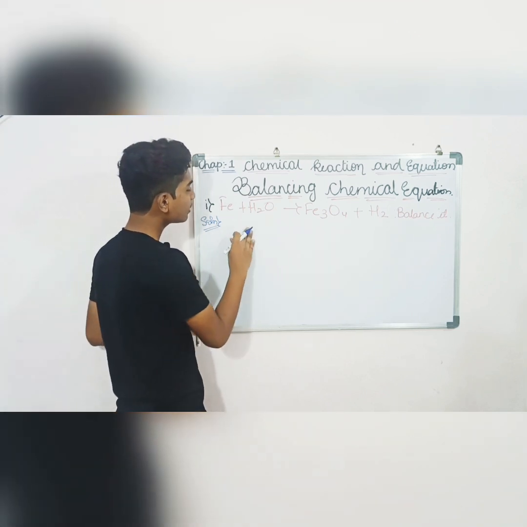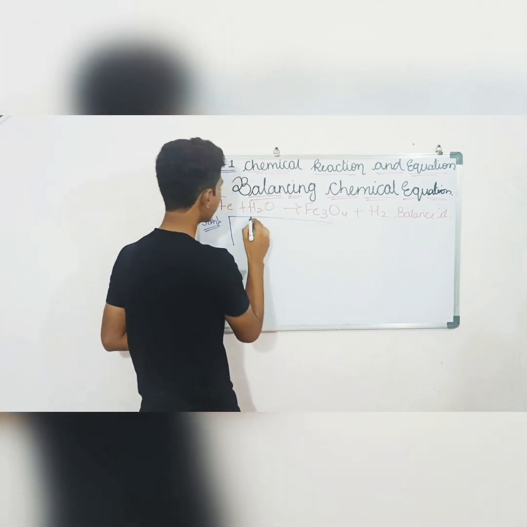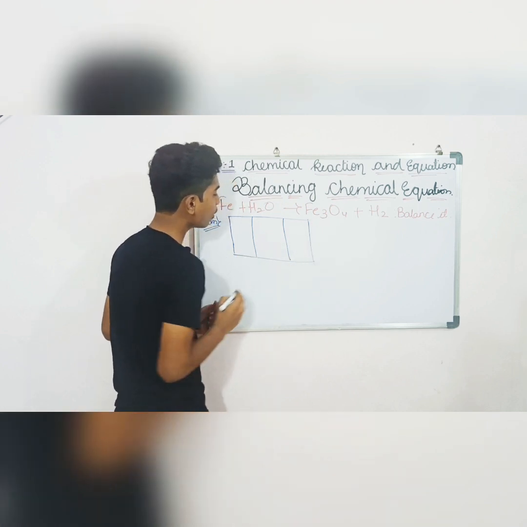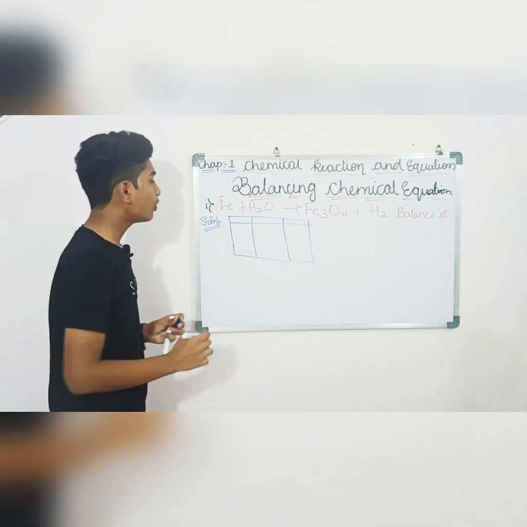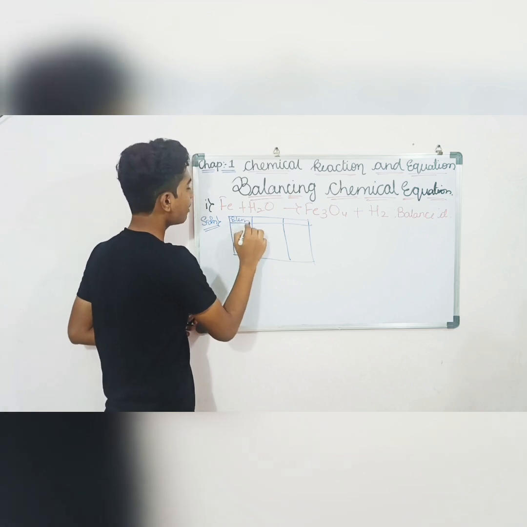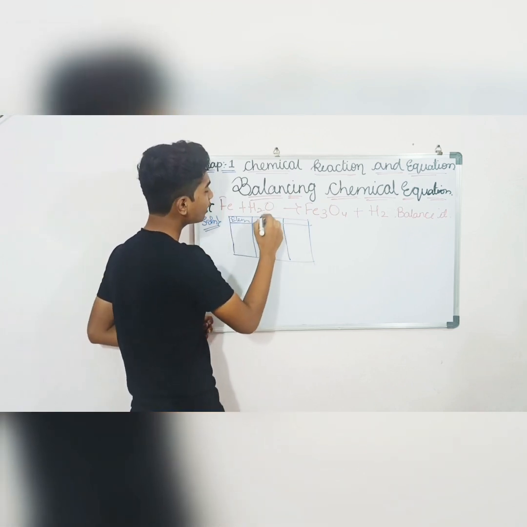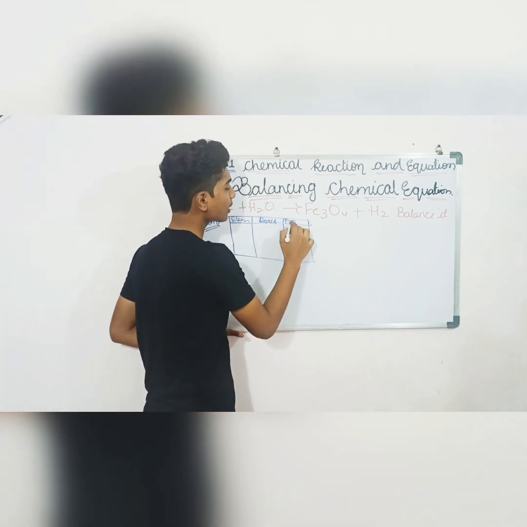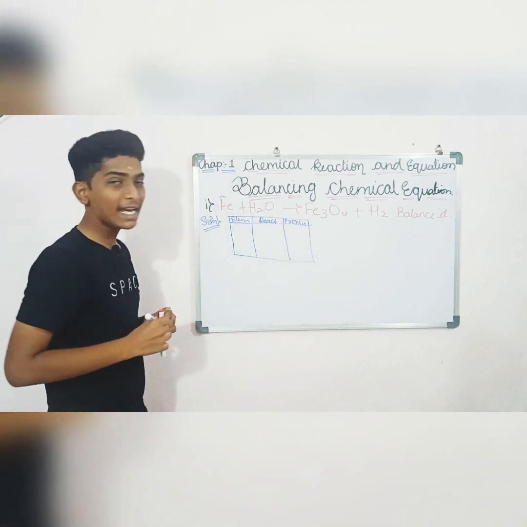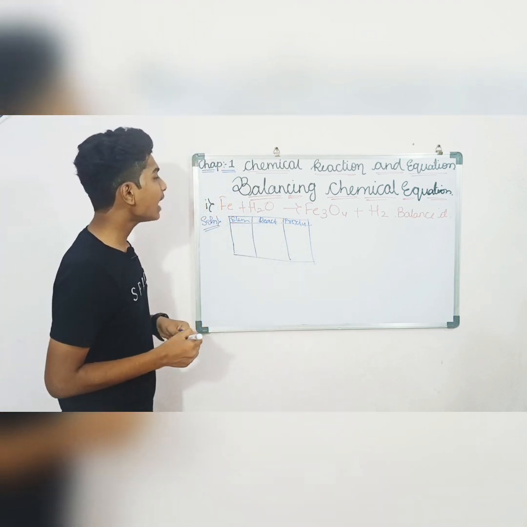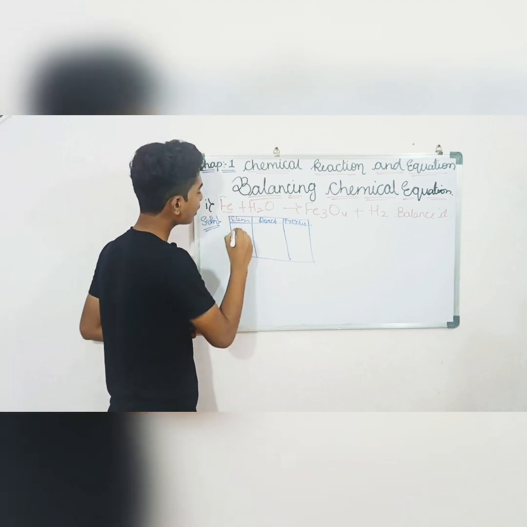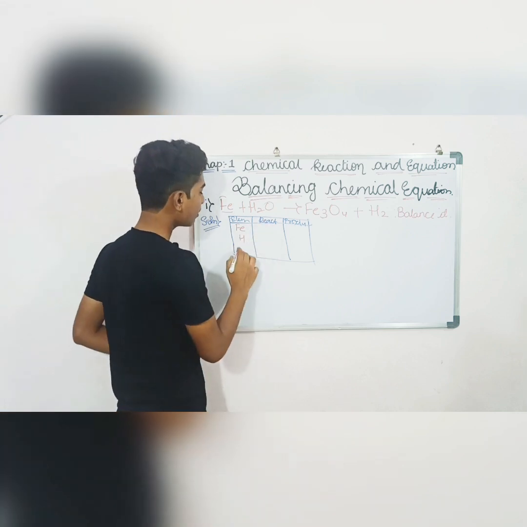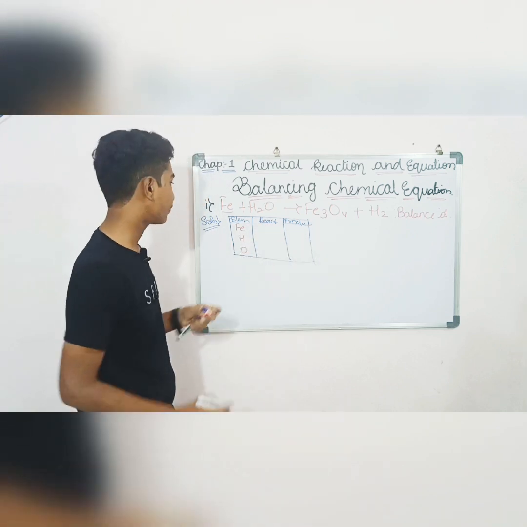Second step, what we need to do is write down a table and make 3 columns in that table. In the first column you will write down the elements. Number of elements that they have given you need to write down. Then the number of atoms on the reactant side and the number of atoms on the product side. Okay. Now again examine and write down the given elements. Fe, one element given is Fe, so write down Fe. And hydrogen is one element, write down hydrogen. Oxygen is one element, write down oxygen. Same here also. Okay.